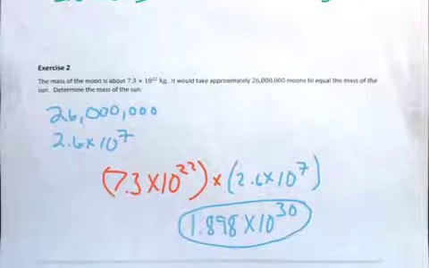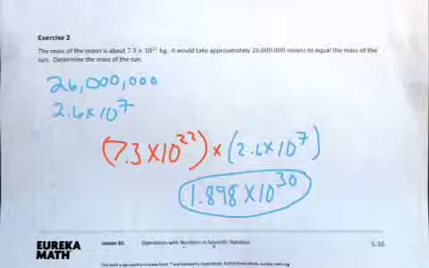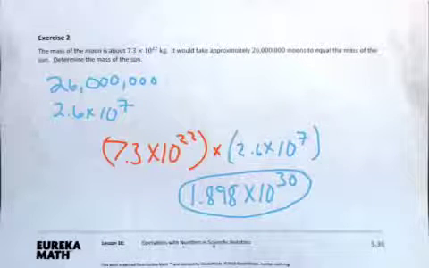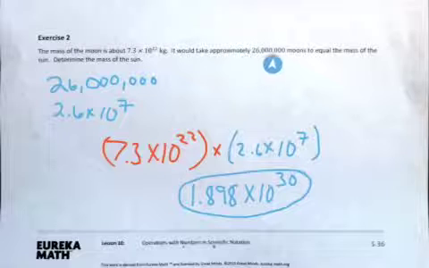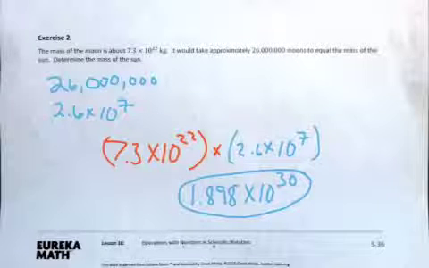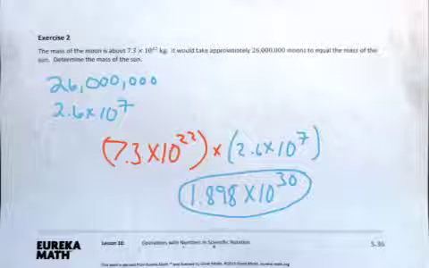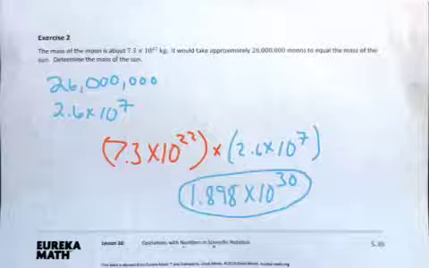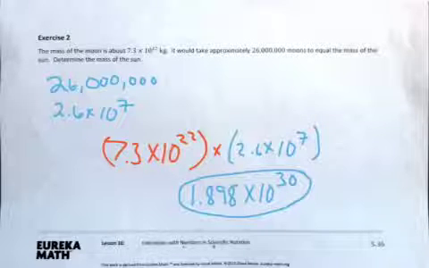Okay, so take a look at exercise 2. Now, again, exercise 2, we have the mass of the moon, which is 7.3 times 10 to the 22nd, and it takes approximately 26,000 moons to equal the mass of the sun. So determine the mass of the sun. So how do I know what operation to use? Well, in this case, I would use my Snickers formula again. So I would say each Snickers